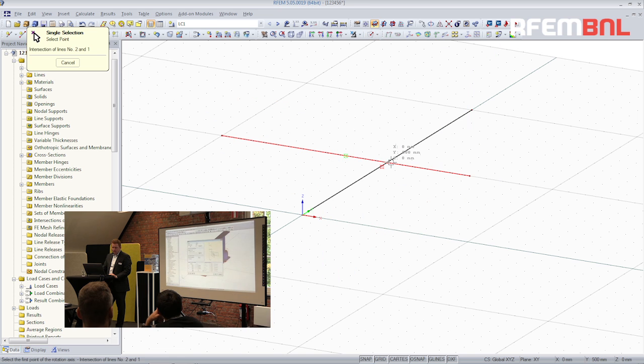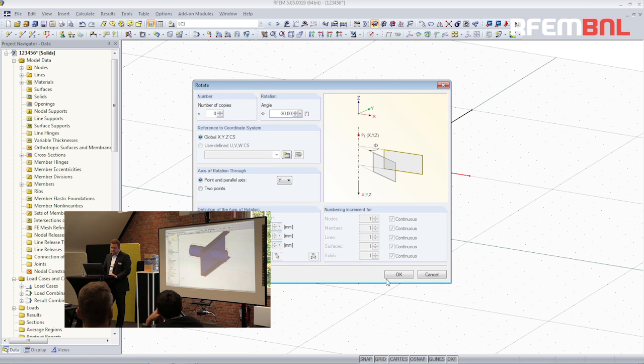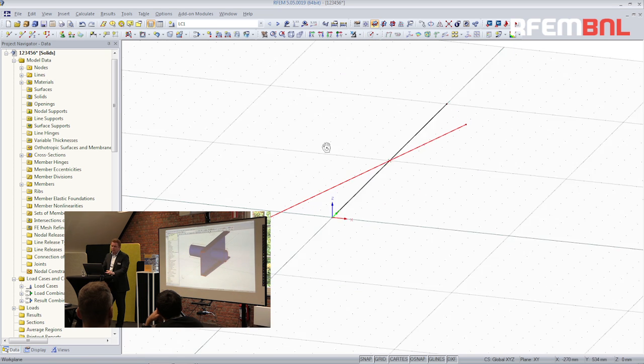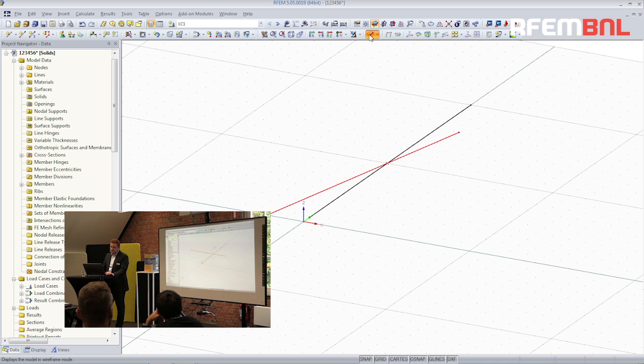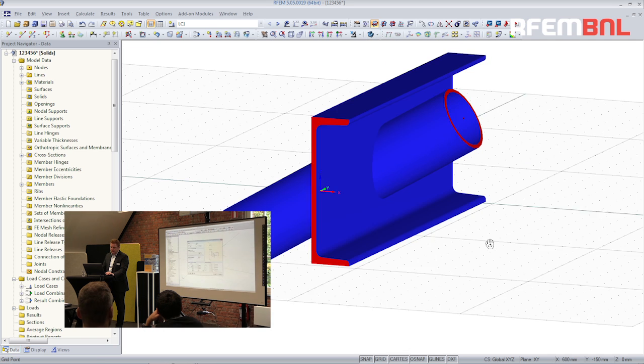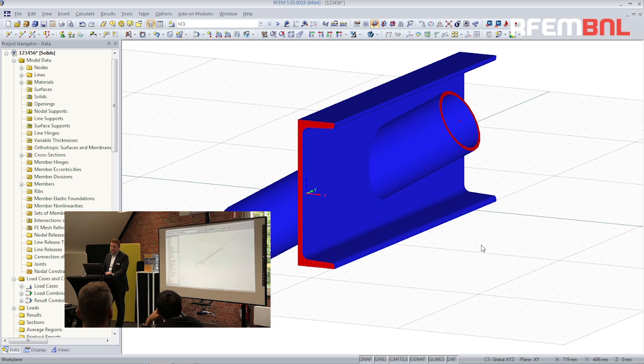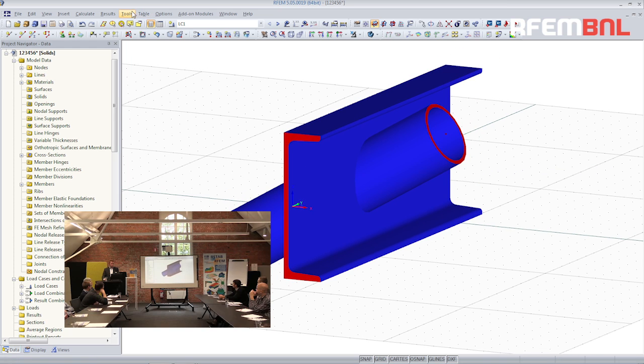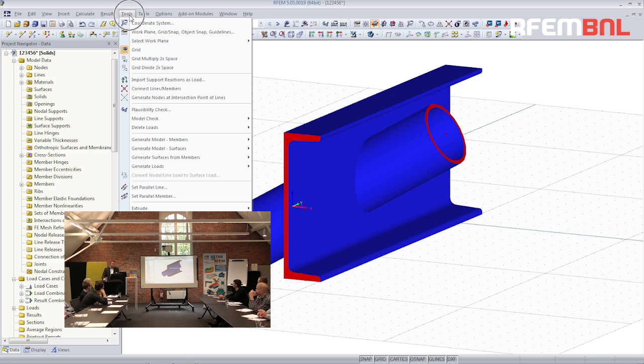Which point? Click on a point, and in this case it is this point, like that, and it's rotated, and now it looks like this. This is more how it will look. Now it is a simple set of members, in fact two members, but I want to create